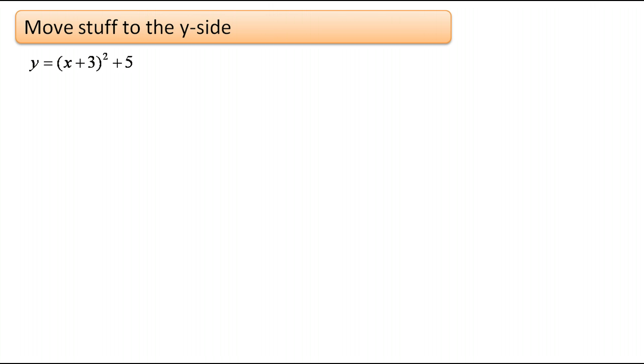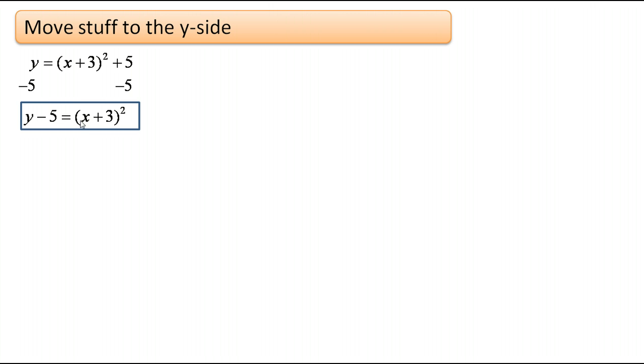Sometimes we have a function that's written with the adding and subtracting all on the x side, and this is an important thing to notice here: this 5 right here actually belongs with the y, so we need to get it to the side with the y. We need to move this stuff that's not in the parentheses to the y side. So I'm going to do that by subtracting 5 from both sides, resulting in y minus 5 equals the quantity